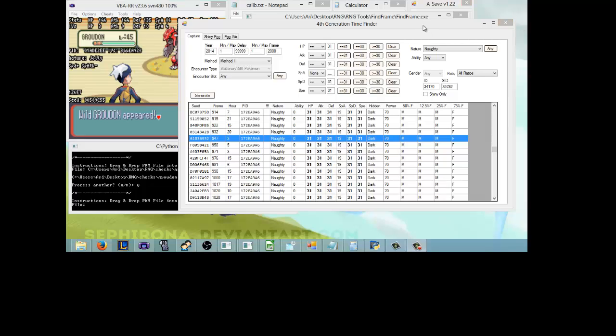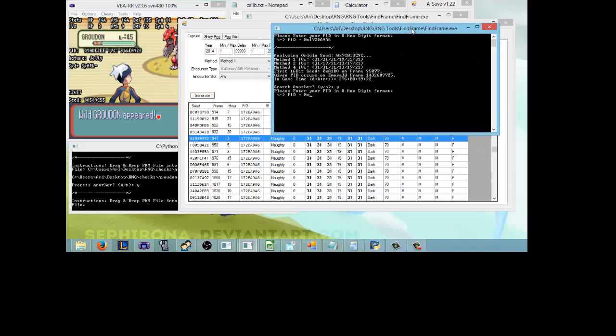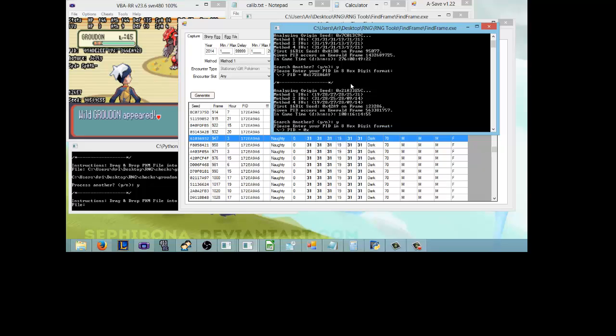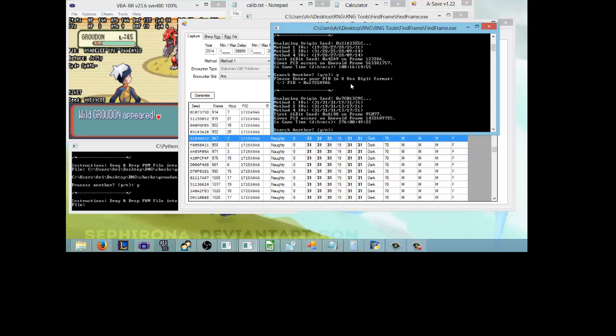Okay, with that all said, now I know the PID which I want to go for. So I'll enter it in my find frame: 1, 7, 2, E, A, 6, no, A9, A6. There we go. As you can see, it appears on seed 1AD8, on frame